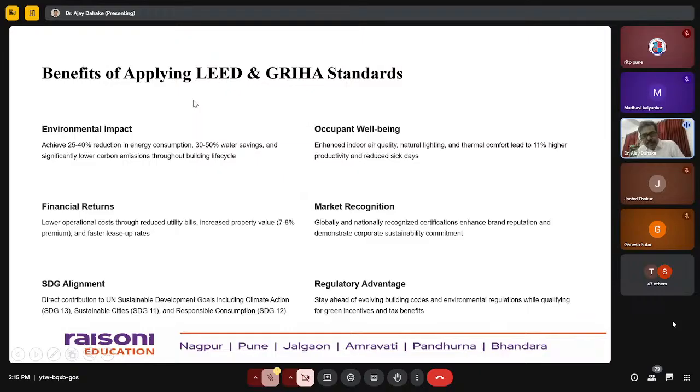Occupant well-being: enhanced indoor air quality, natural lighting and thermal comfort lead to 11% higher productivity and reduced sick days. Financial returns: lower operational cost through reduced utility bills, increased property value, a 7 to 8% premium, and faster lease upgrades. Market recognition: globally and nationally recognized certification enhances brand reputation and demonstrates corporate